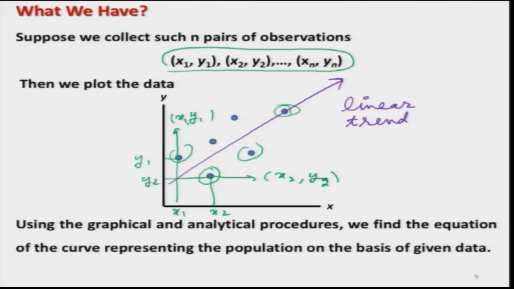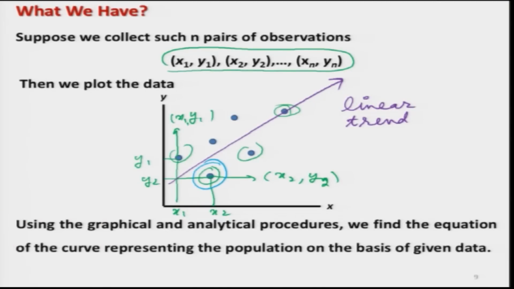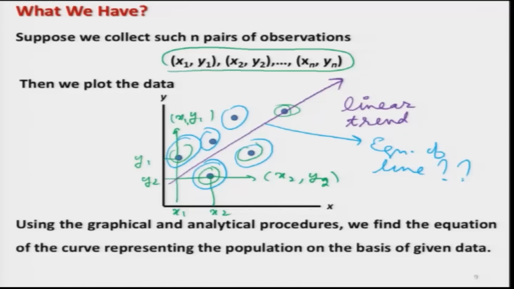But my objective here is that by looking at the values of these observations, how do we know the equation of this line, or the equation of the curve, and this equation is going to be found in such a way